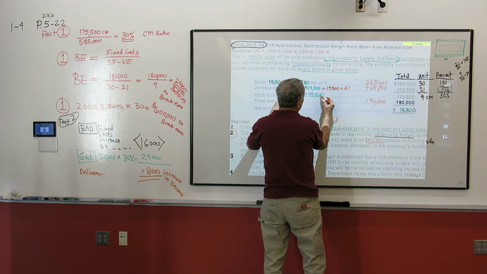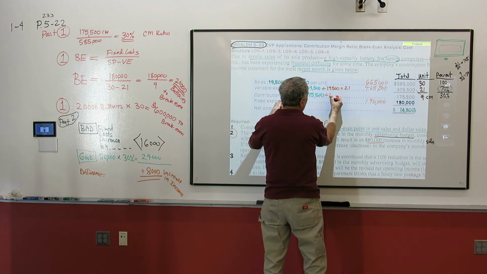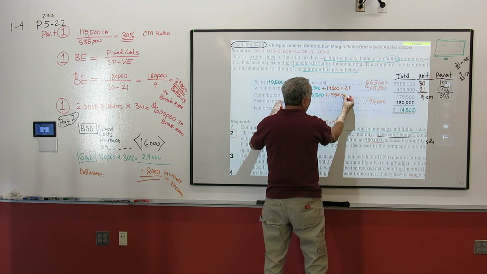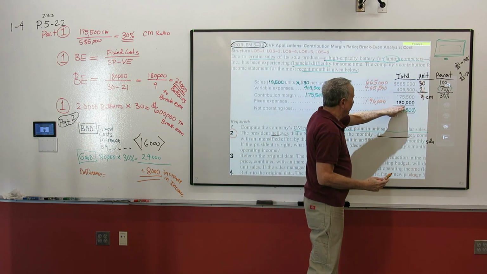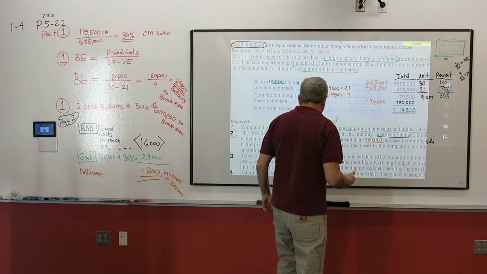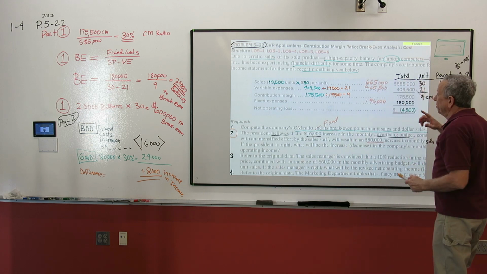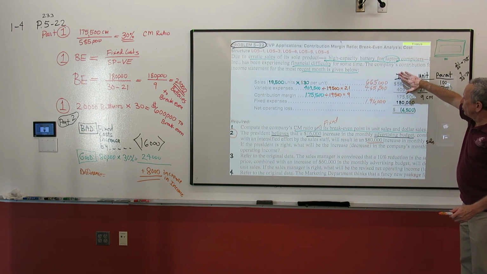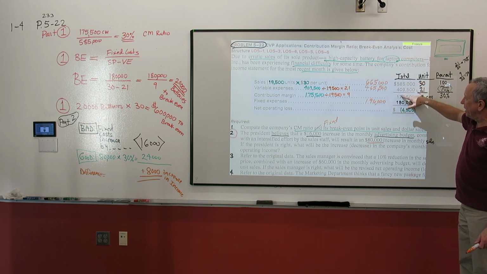And then let's take the $175,500, which is right here, and divide that by 19,500 batteries. That's what we're selling here. We get $9. And the fixed expenses, we're not going to do anything with those because we usually leave them in total. Usually, whenever you solve a problem like this, the easiest thing to do is always get your total, which usually your company will provide to you. A company's going to have the total numbers, but get it per unit.